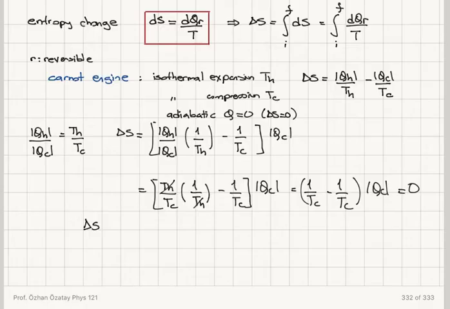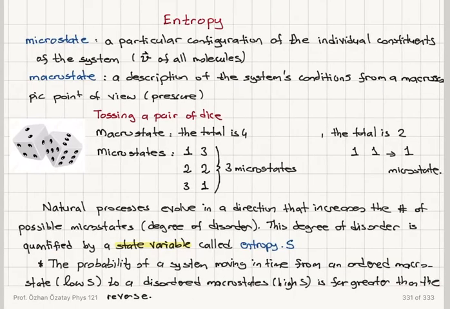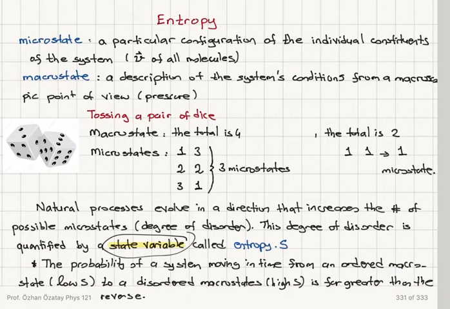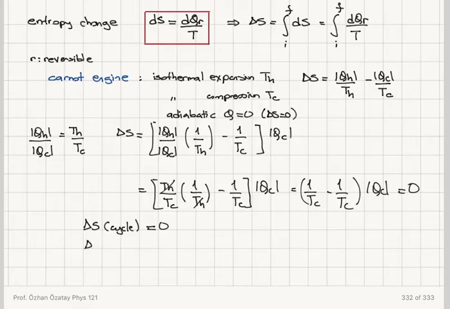Delta S, the entropy change in a cyclic process, will always be 0. Why? Because it's a state variable. Just like the internal energy change in a cycle is 0, the change in temperature in a cycle is 0, etc., the entropy change is 0 in a cycle. So we can show it with this integral here. For a cyclic process, in order to show a cycle, I put a circle in the integral sign: the integral of dQ reversible over T is 0.